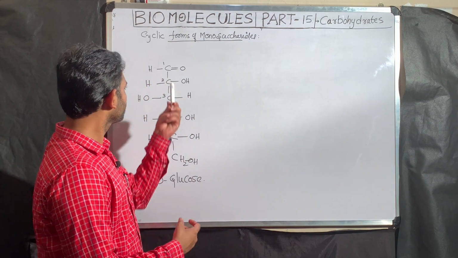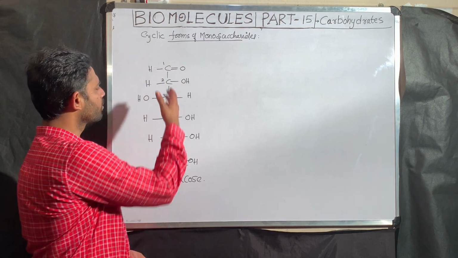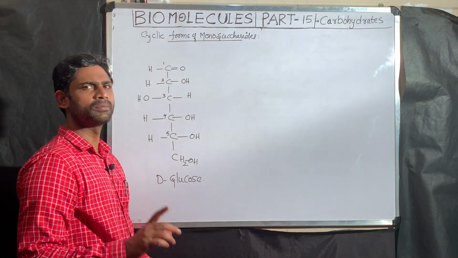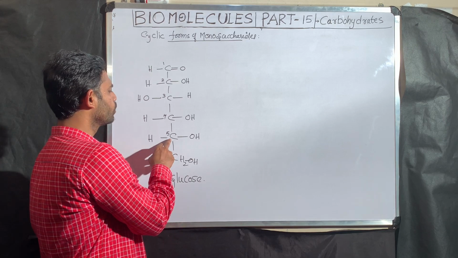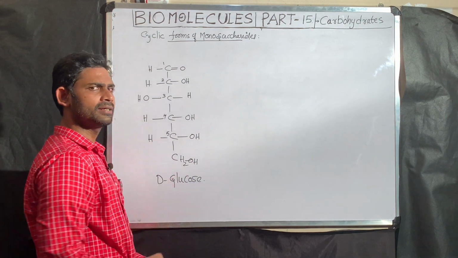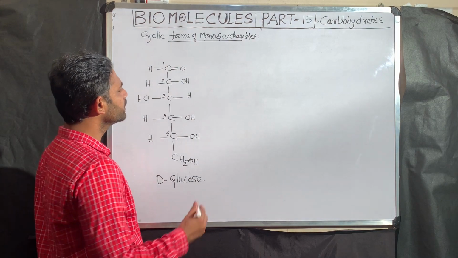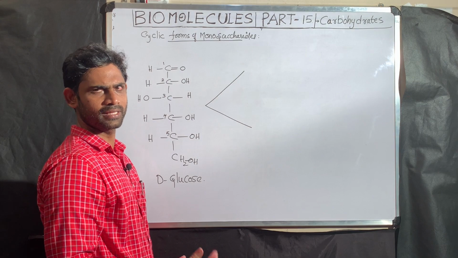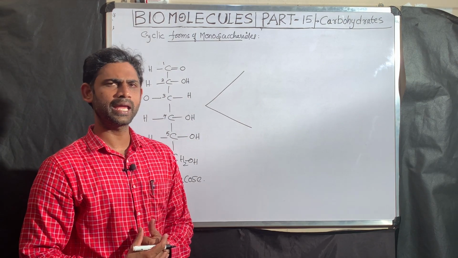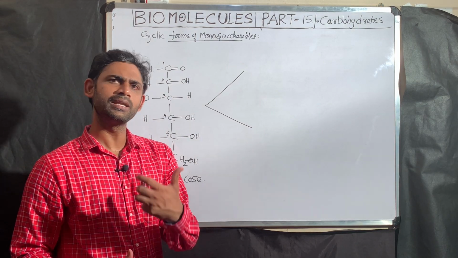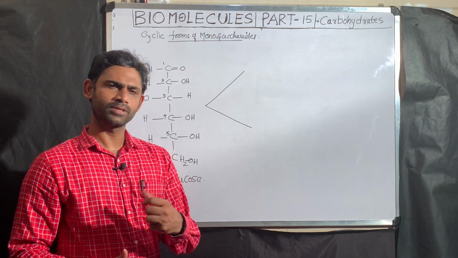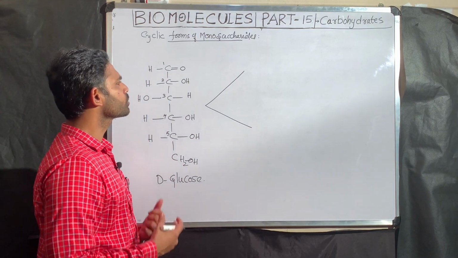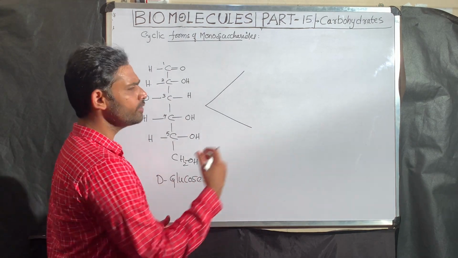Now you can see one structure here. I directly wrote the structure; it is D-glucose. Why? Because D sugars are most common. I already mentioned the OH group on the last asymmetric carbon atom is at the right side. Here there are two cyclic forms. Within the pyranose and within the furanose there are two different forms. That I will explain. So this one we have to draw first.